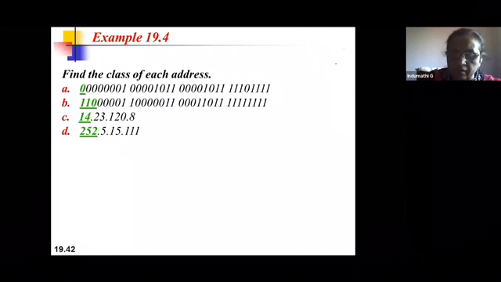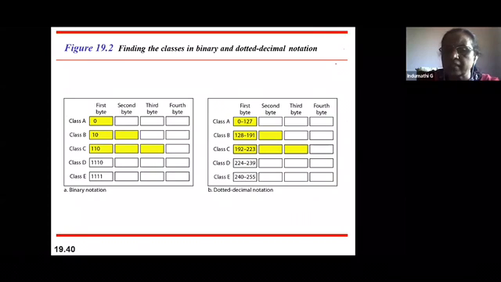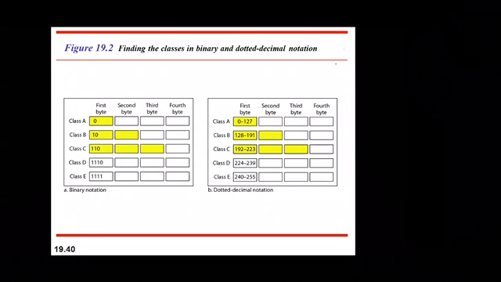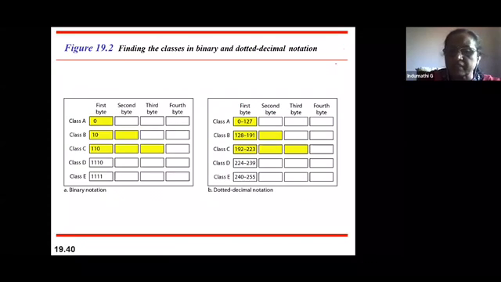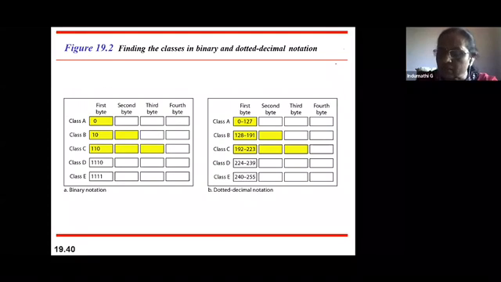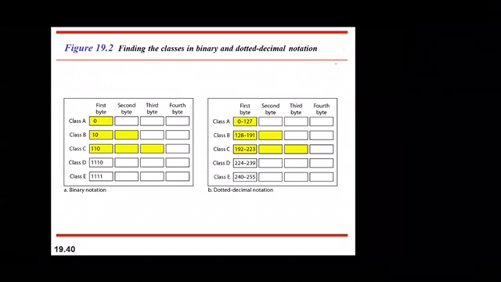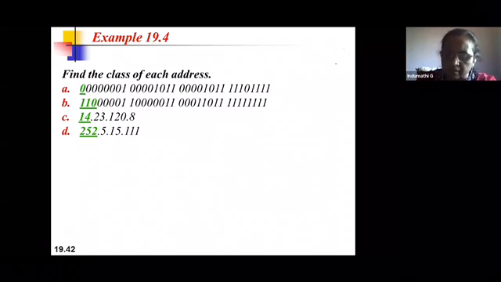If you take 14, which class should it come in? It comes in class A. 127, so it is a class A address. Okay. Similarly, 252, if you take, which range does 252 come in? It comes into class E. So by just seeing the number, either in decimal notation or in binary notation, you know which class this particular set of addresses belongs to. That's how you can identify, using the previous block, which type of addresses are allotted to the organization.